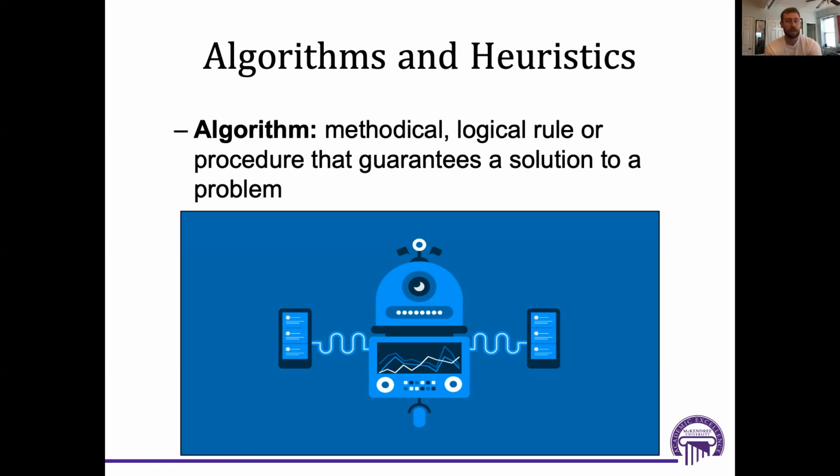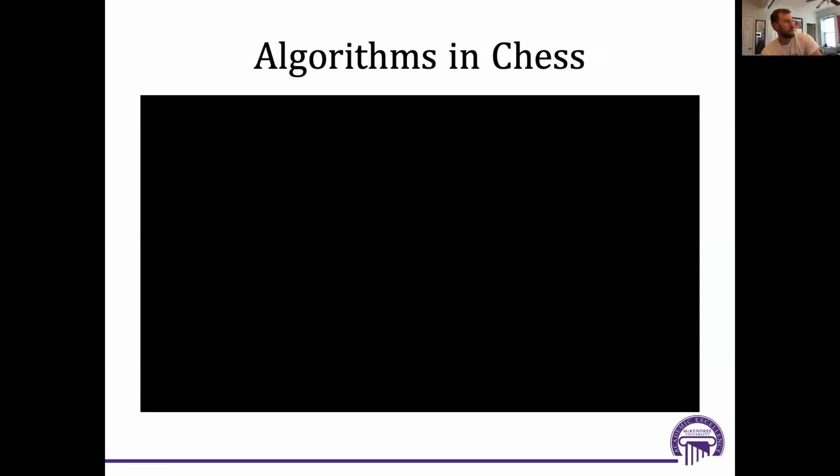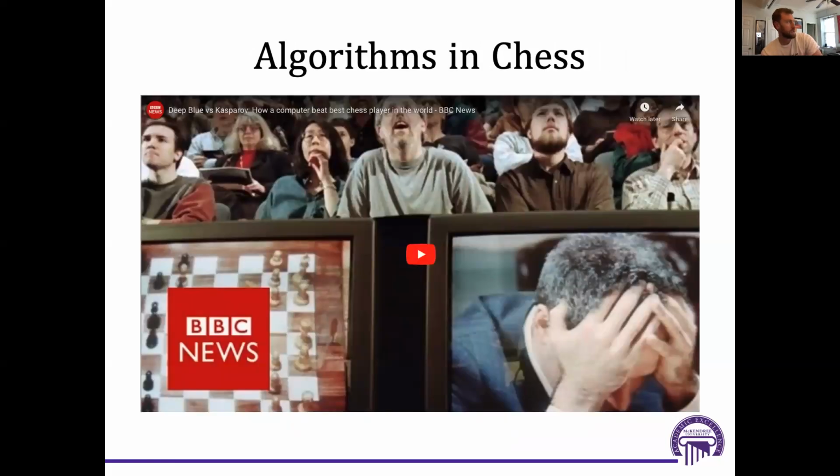So this next video I'm going to play on the next slide is a really interesting example of algorithms versus heuristics. There was a very famous challenge in which a chess grandmaster competed against a computer in a game of chess. So it's basically man versus machine, and we'll see the outcome. This guy's name is Garry Kasparov, and he faced off against Deep Blue, which was designed by IBM, and it was a supercomputer. So without any further explanation, let's watch this video.